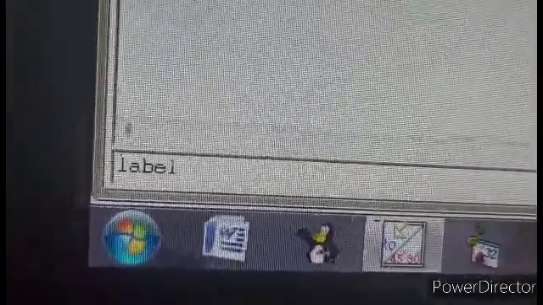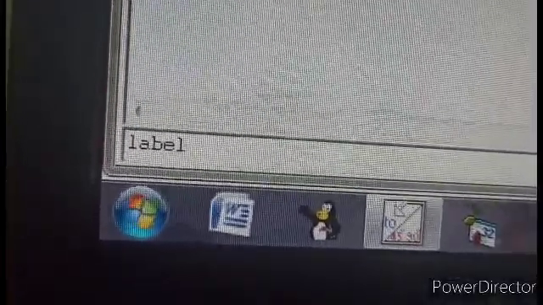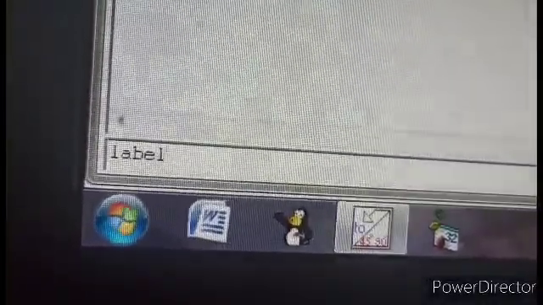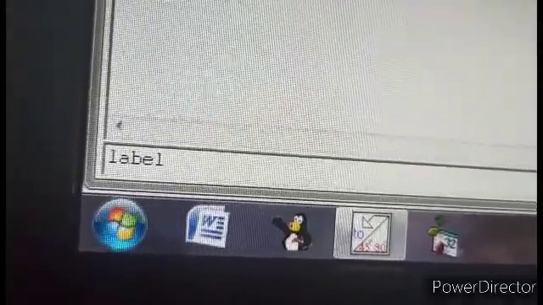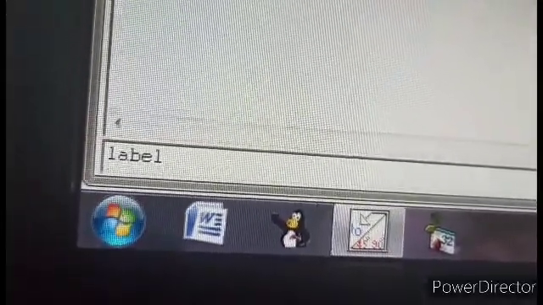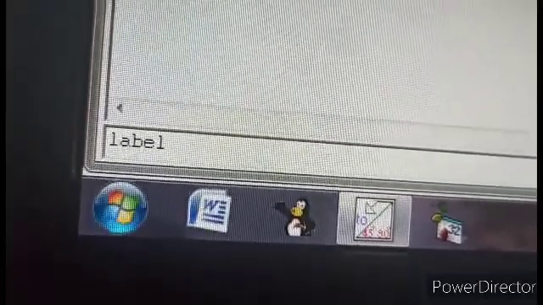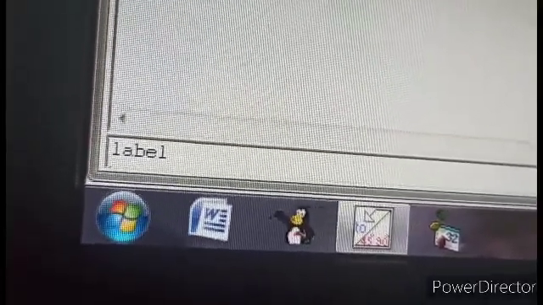Label, L-A-B-E-L. Again, in your book it is given in capital letters, but it doesn't matter whether you write capital or small, because it is not case sensitive. You can write it in small letters, as I have.